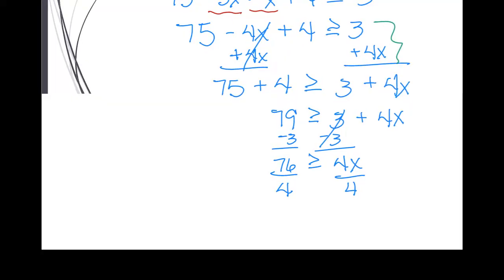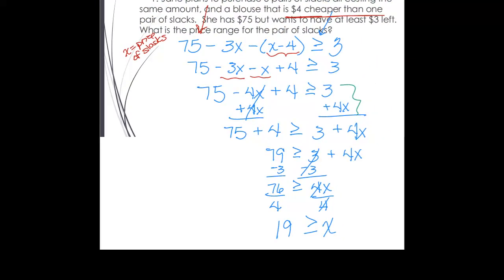Do I need to flip the sign here? Do I need to flip the sign? Did we multiply or divide by a negative number? No. So we don't need to flip the sign. So the 4's just simplify out. And x, as I read it from the x, it's going to say x is less than, because I'm reading it from right to left, is less than or equal to